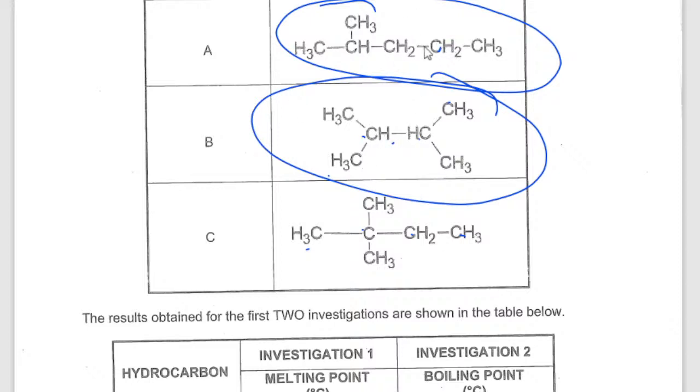You can say that this one is less spherical, and this one is more spherical. Since this one is less spherical, it has weaker intermolecular forces of attraction, and this one has strong intermolecular forces of attraction. And since it has weak intermolecular forces of attraction,